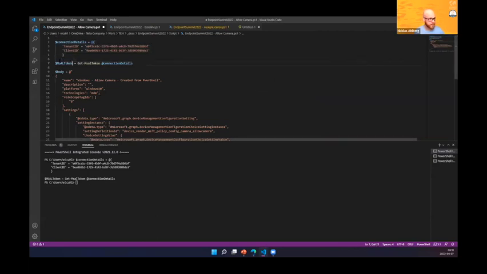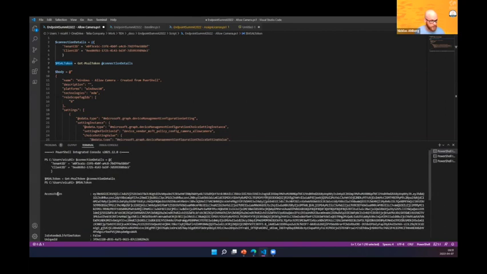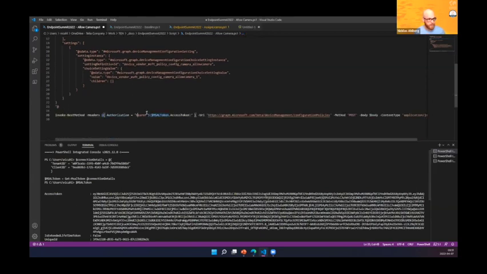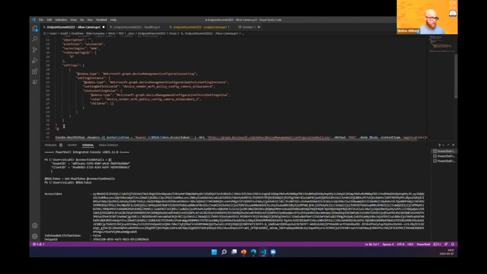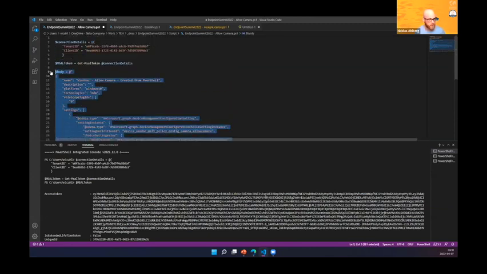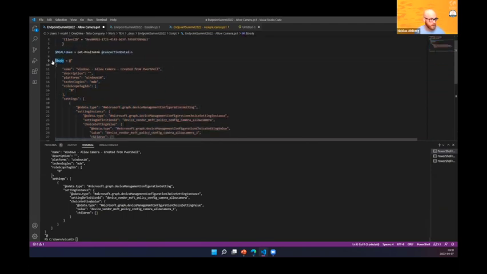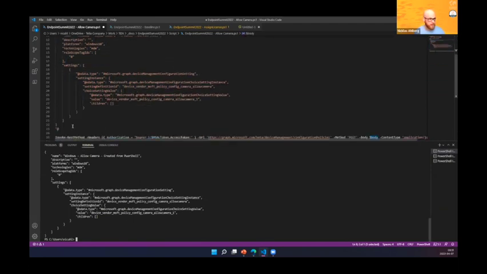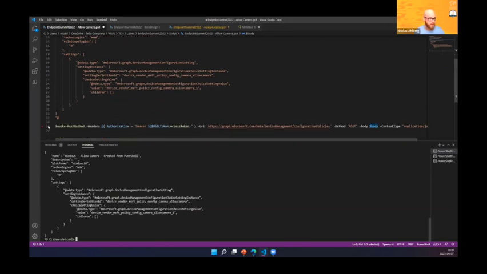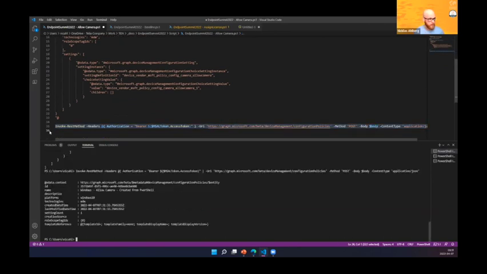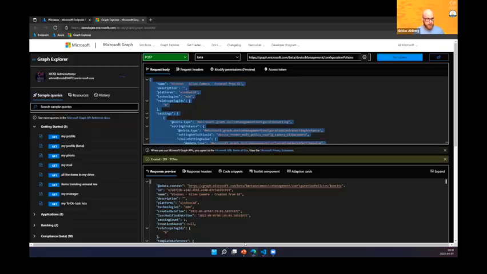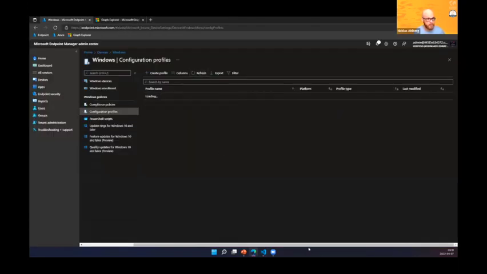So let's make sure that it works out. Do we have our access token? Yes, we do. This is the access token we will add here when we try to do whatever we are going to do by using Graph. So let's run those lines. As you can see, the body is all here. It's the same as from our Graph Explorer. Let's run that one. And now we should have another policy in